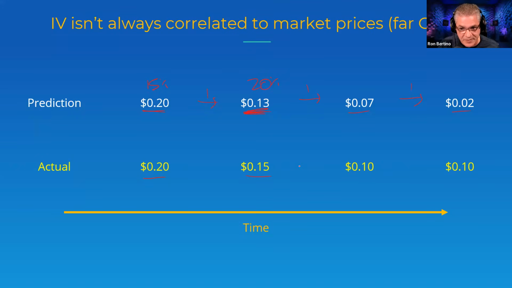Then after another day, price decreases again, but it's gone down to 10 cents, whereas the fancy formulas told us it should only be worth 7. So now we're going to bump up again. And then especially during the final few days before something expires, especially if it's far out of the money, we can get the market, because remember, it's the market that